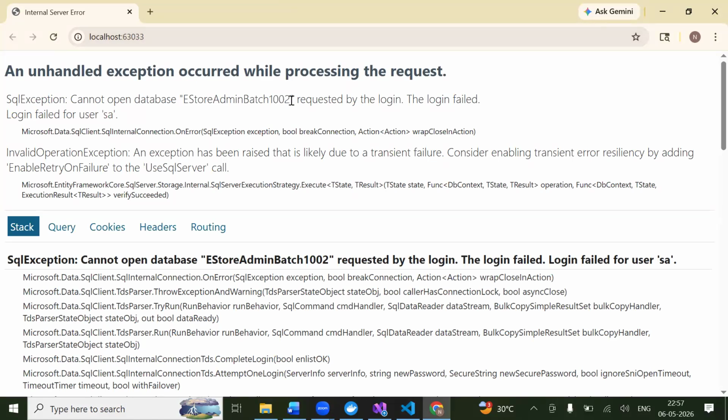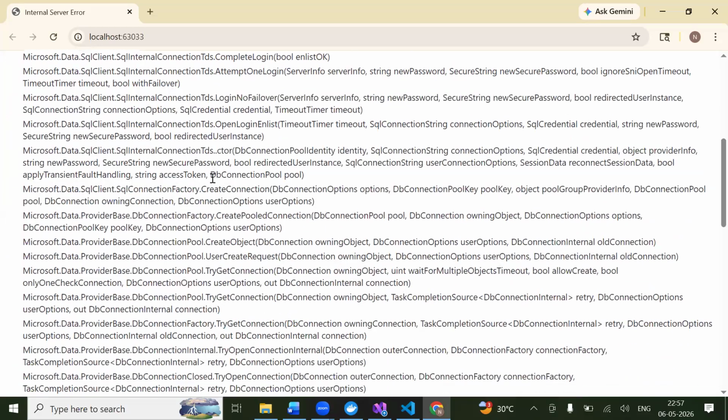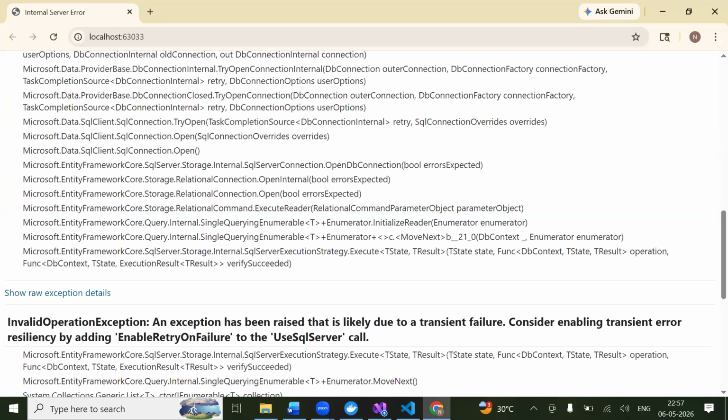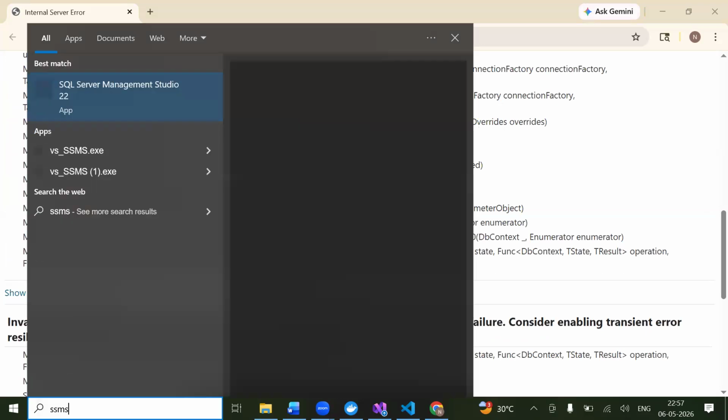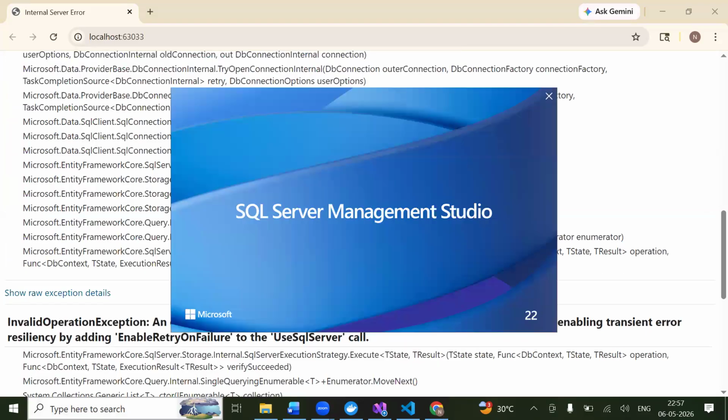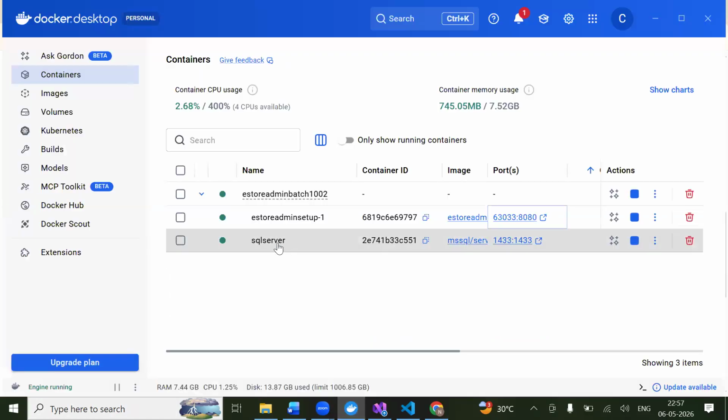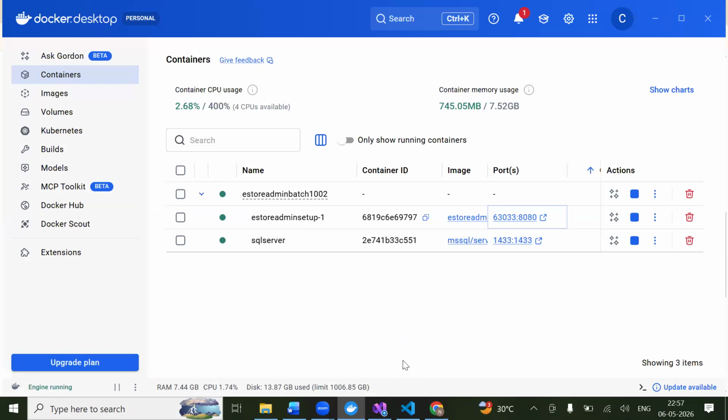Do we need to create a database at runtime in your application? Do I need to create a database, table structure, schema, everything in the application or not? Yes. How do I verify whether my SQL Server will have the database or not? Whatever database I created in the container, I want to connect and see, right? So what I will do, I'll go to SSMS,